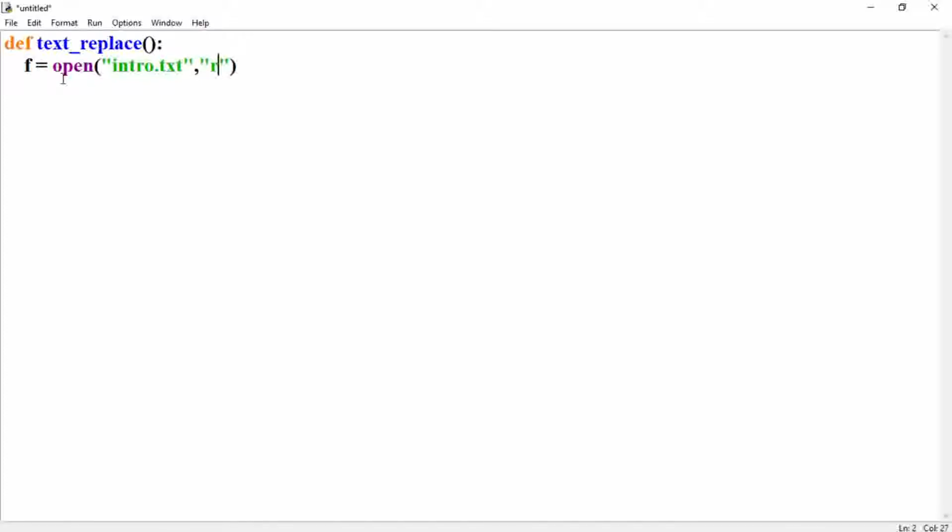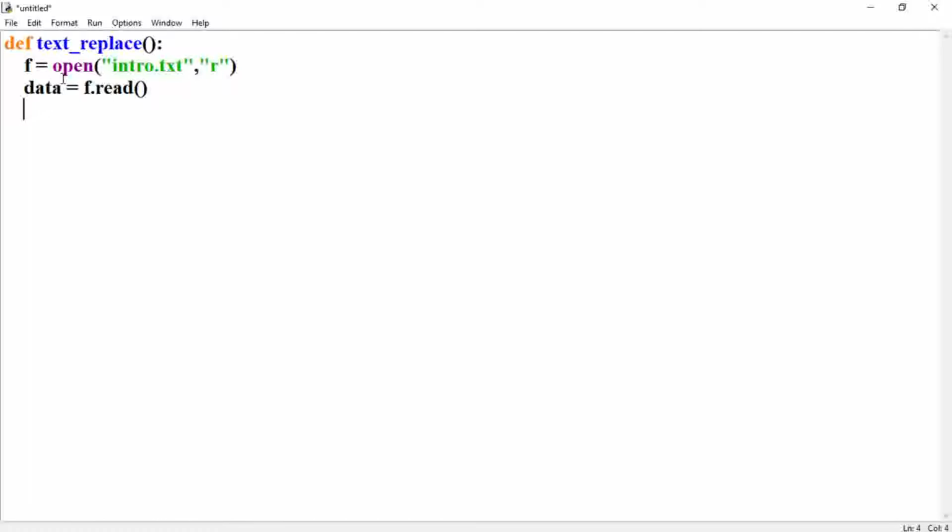You can write t also for text file, but by default it is a text file only. Now when we open this file, I want to replace some data, so that data should be available. The data will be stored in this variable, data equal to f.read.